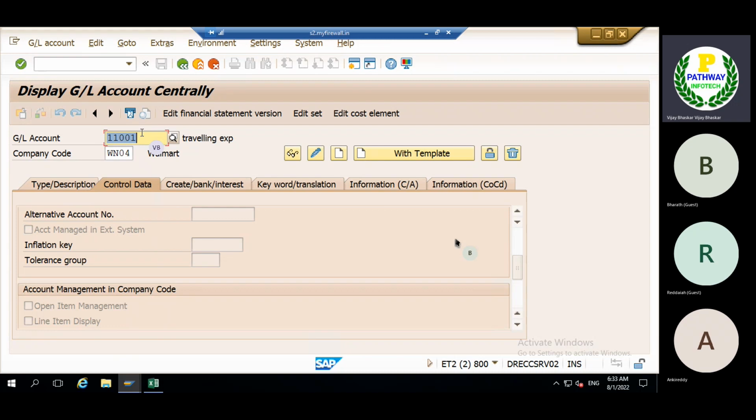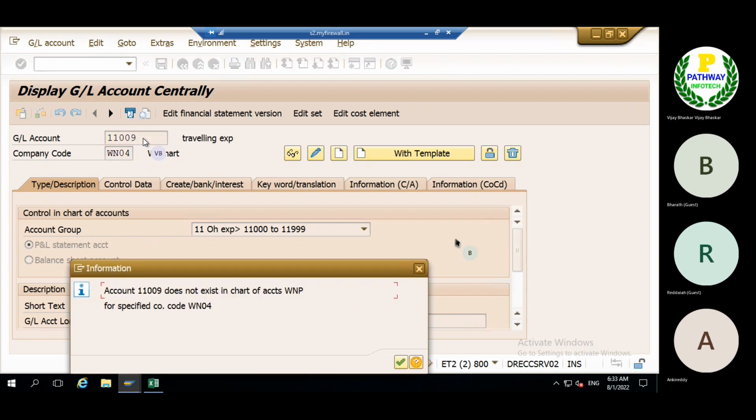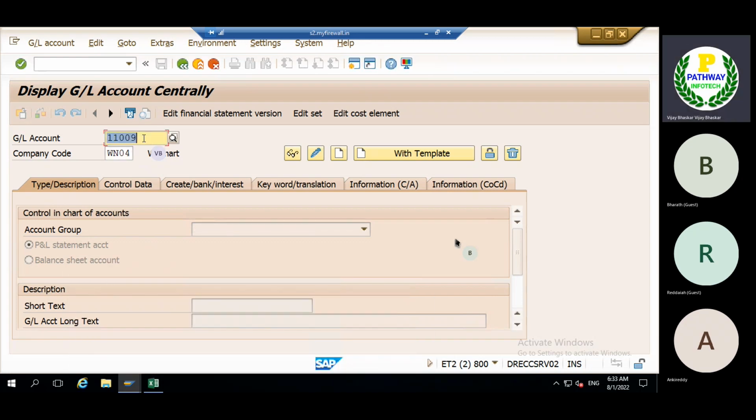I think it has already been created: 11001, traveling expenses. This one is not there, so we'll take this GL account for our creation.